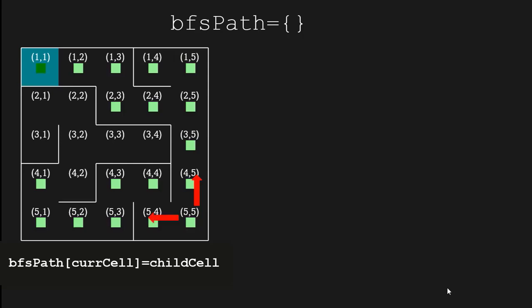The next will be this key value pair, but in a dictionary we cannot have duplicate keys. And when we add a duplicate key, the previous key value pair is gone. That is actually overwritten. So essentially this up arrow has been overwritten and not stored. So we cannot store the path like this.